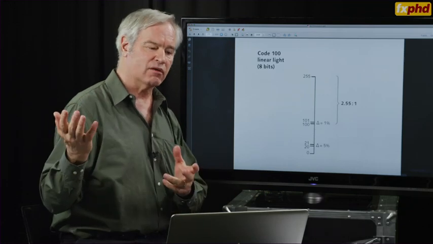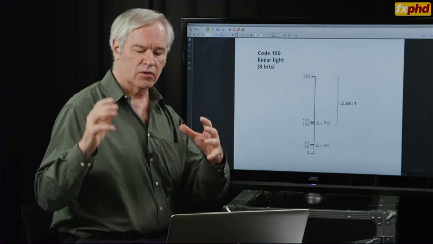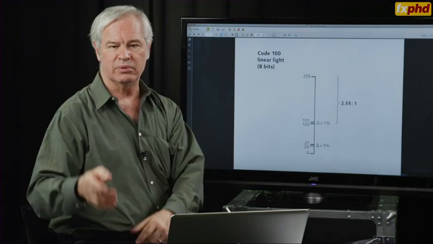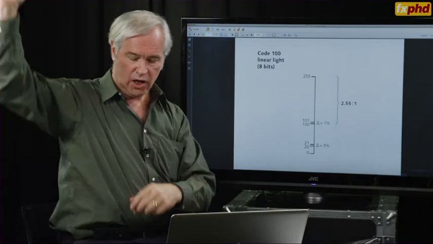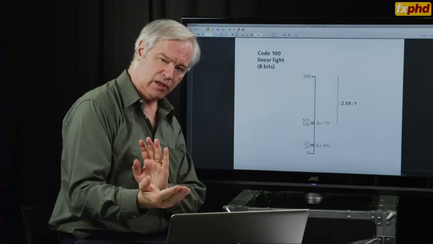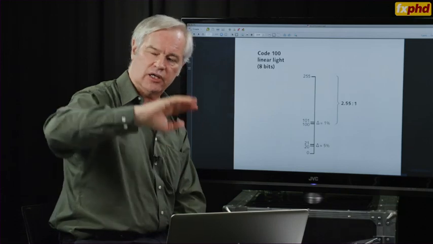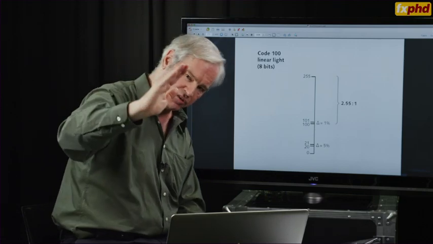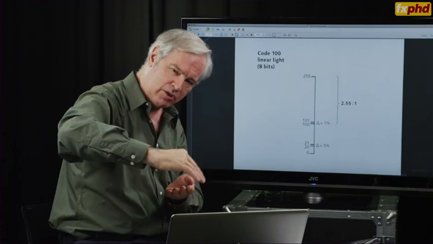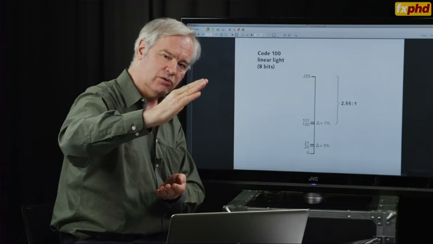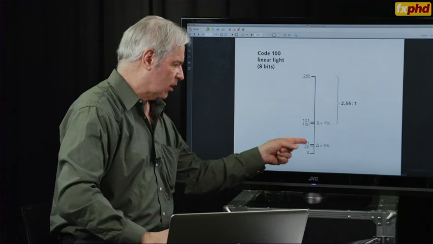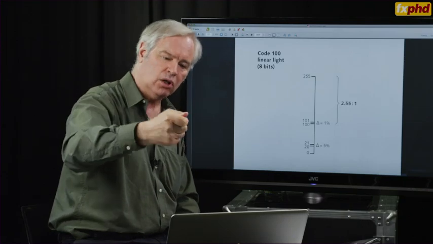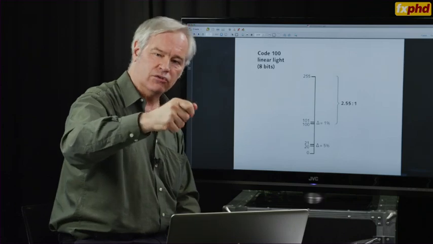Now, you may think of this in visual terms as a beach ball. Let's make it a gray beach ball sitting on the beach at Santa Monica, bright sunlight coming down from the sky, but there's shadows underneath. And if the beach ball were at code level 50, but then we go to code level 40, code level 30, code level 20 as it gets darker and darker, and way down at the bottom of the beach ball we go from code 22 to 21 to 20 to 19, the trouble with this 8-bit linear light coding is you'll see scallops underneath the beach ball where we go those jumps, 22, 21, 20, 19.